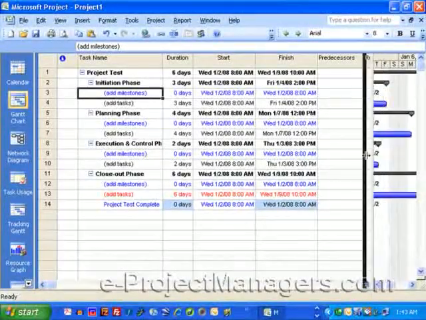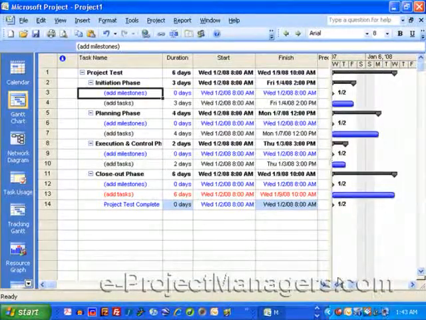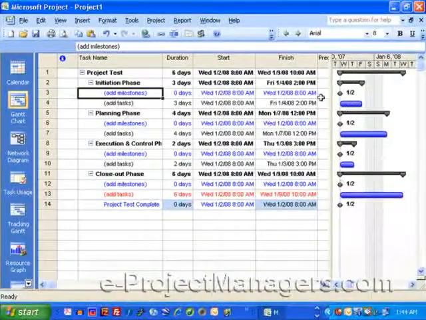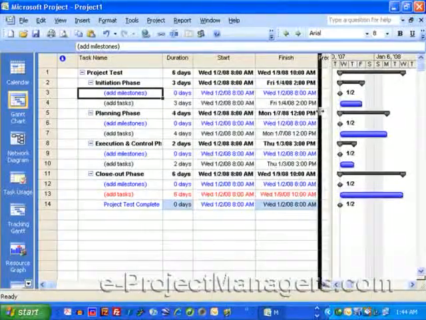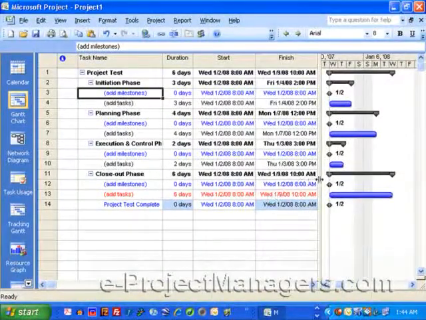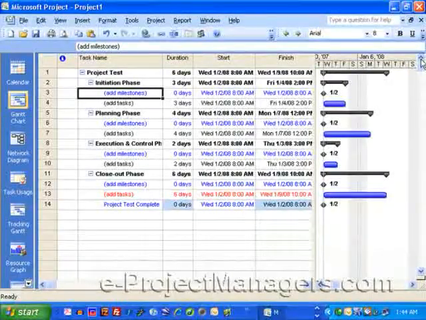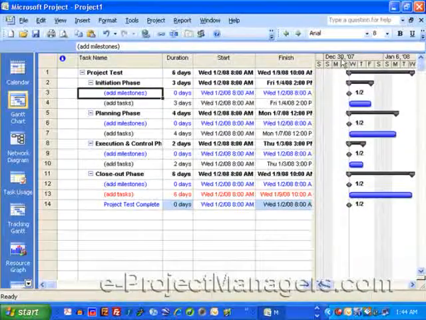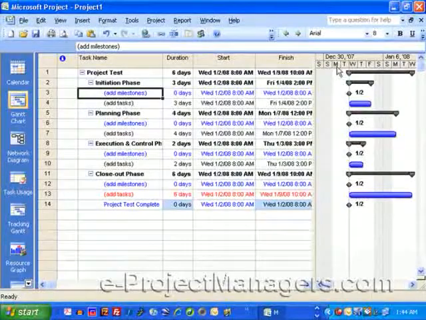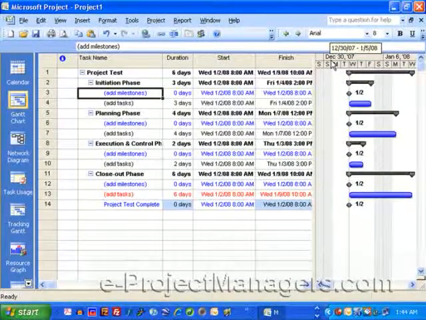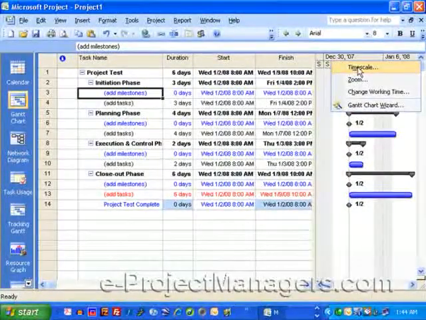Now, as you know, right now there isn't a lot of detail in this project schedule. Let's say you also want to format your Gantt chart. And I'm going to get back into the critical path here, but first I want to show you something. If you look at the dates and days that you see here in the Gantt chart at the top, where my mouse is pointing right now, if you hold your mouse over this and right click, select the menu item Timescale,